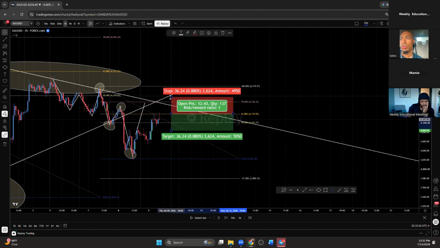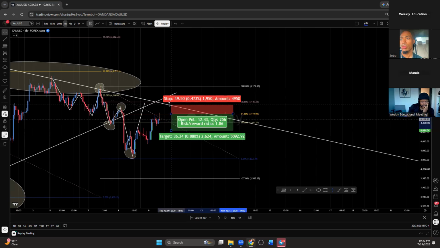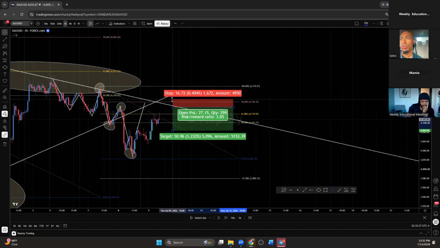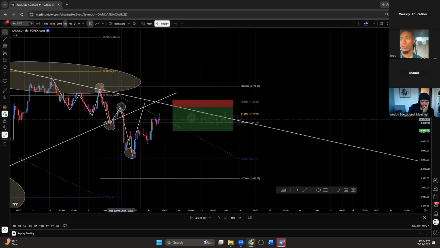Move this up because I think I had like a 150 pip stop loss or something. So that means entry might have been a little bit higher than this right here, possibly somewhere up here because I was expecting market to sweep. I think I had it right above this area. So I really wanted to see market sweep above this high, if I'm not mistaken.